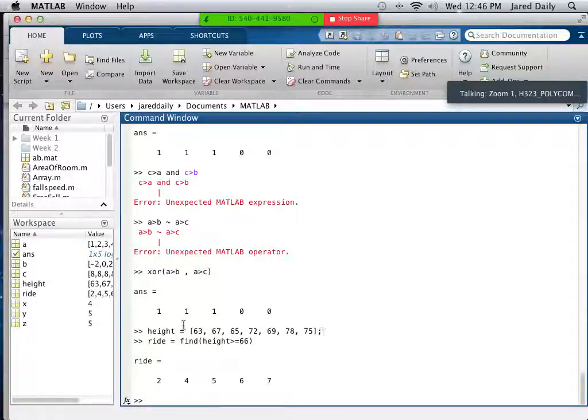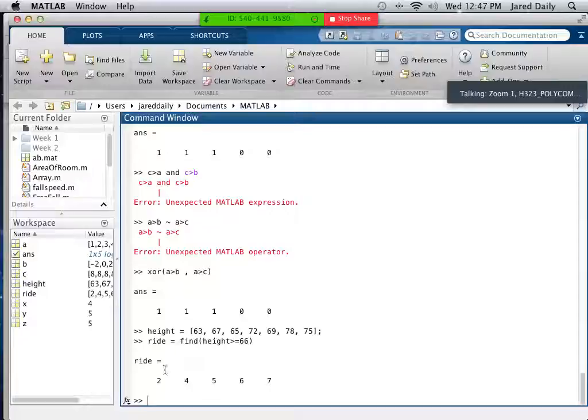Well, let's take a look. The first one did not meet the requirements. It's not bigger than or equal to 66. So that is the first index in the array, or the first member of the array. And notice that 1 is not here. 2 is here. 67